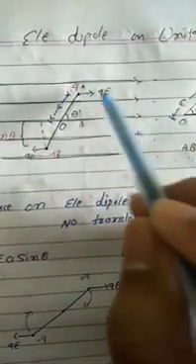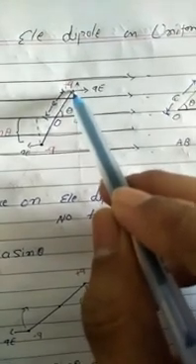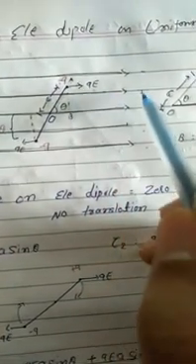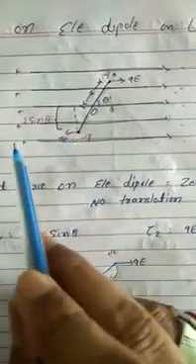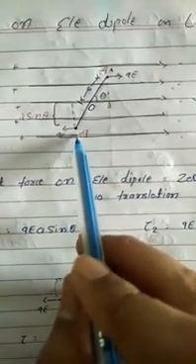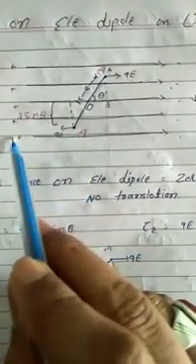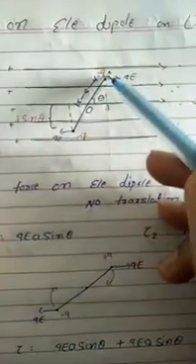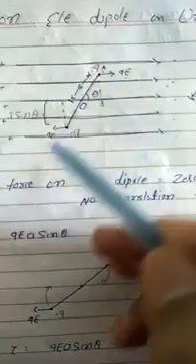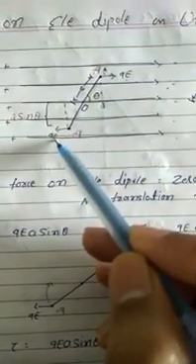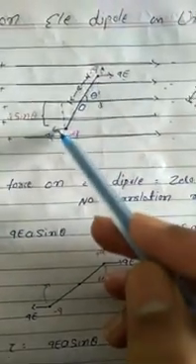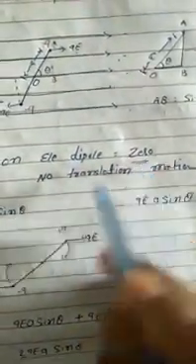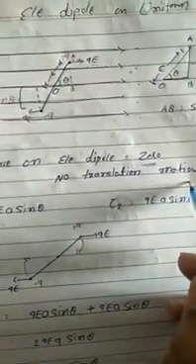That means there is a Coulombian force between these two charges, and the force acting on this charge, qE, will be in this direction because of attraction. In the same way, here also, minus q and plus q, again force qE in this direction. If you consider the positive charge, the force on it is qE. If you consider the negative charge, the force on it is also qE. But we can see the directions are opposite. It means the resultant force is 0, so there is no translation motion.